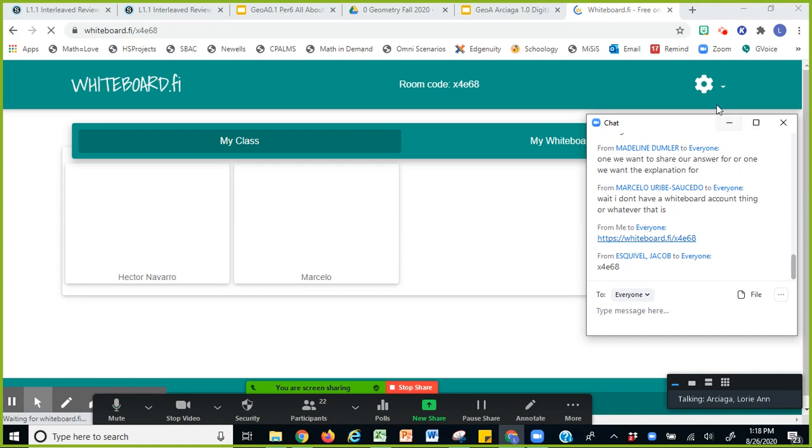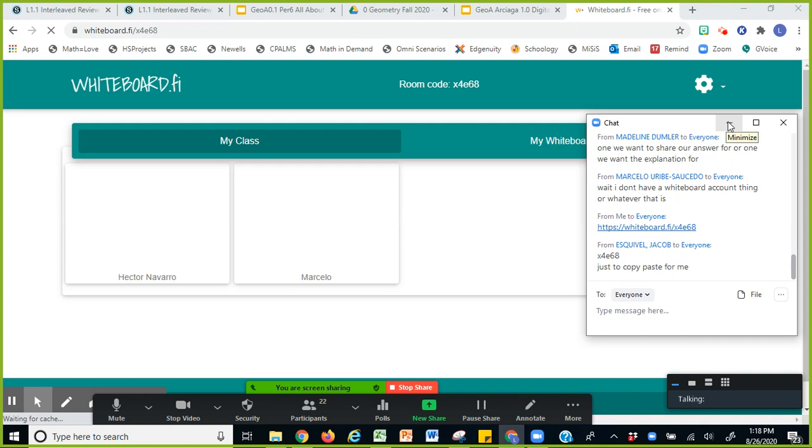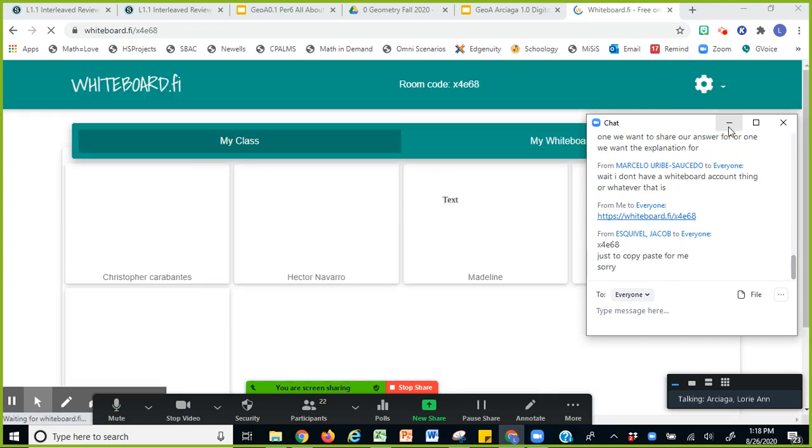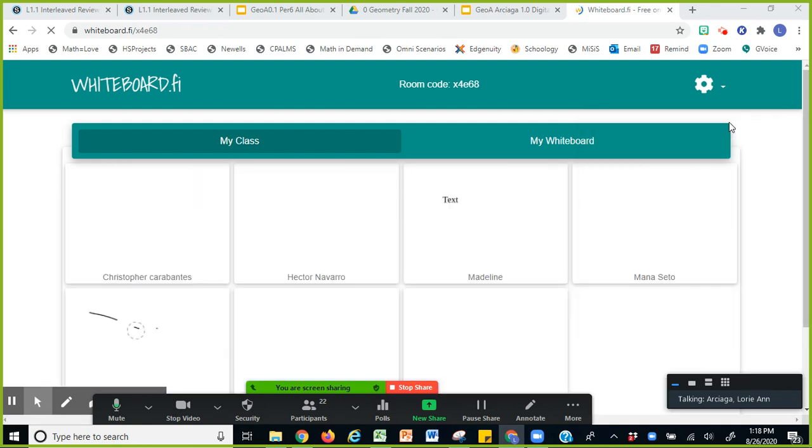You can use the chat for any productive way you can think of. Just don't type in unnecessary stuff, because the LAUSD default is that they're transcribing everything in the chat.